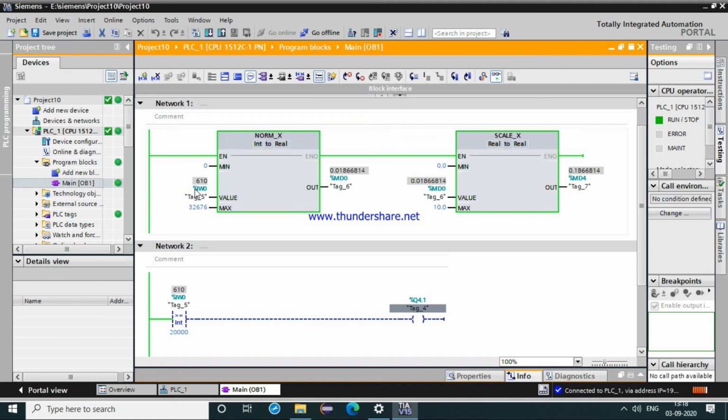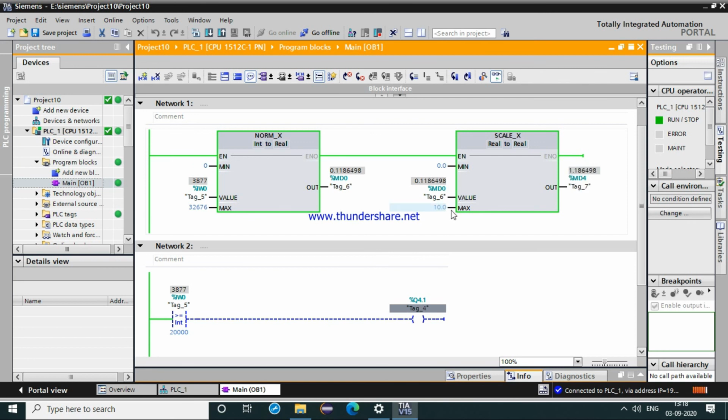When we vary our analog, we can see the increasing number, and this integer number gets converted to a real number, which ranges from 0 to 10, and from 0 to 10 we will see the output. That is, if this real value is 0.1, the output from SCALE_X we will get is 1.1.